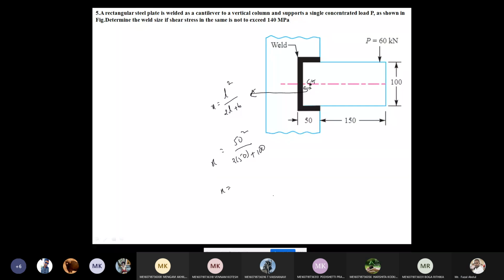12.5. Very good. Who is giving the answers? Rule number 13. 12.5. Okay. Now, what I said, this type of problems is subject to two types of stresses. What are those? Direct shear stress or primary shear stress, and second one is secondary shear stress. So when it is subjected to the direct shear stress, the first one, direct shear stress, sigma 1. What is the equation? The equation is